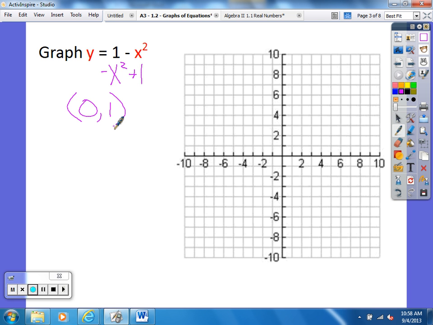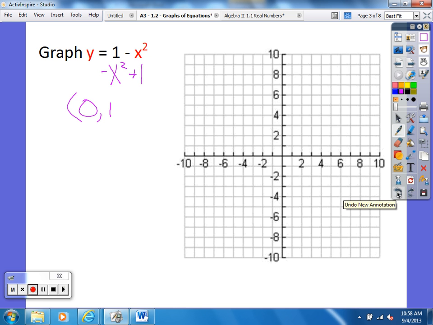Okay. Let me just give you, we'll continue on this example here in just a second. Let me give you another one instead. x plus 2 squared plus 1. What would be the vertex here? Sparta. Yes. Does that make sense? Does that help? Okay. So I'm going to clear that